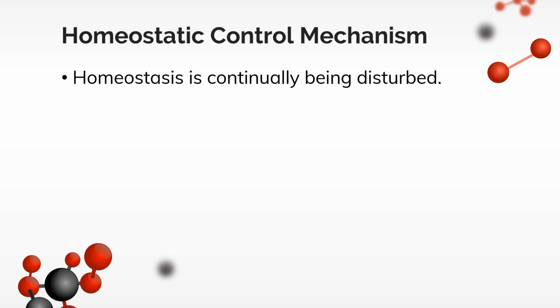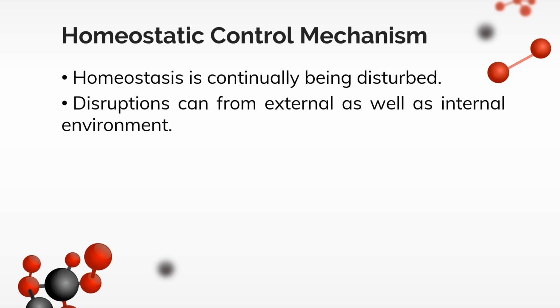Homeostatic control mechanism. Homeostasis in the human body is continually being disturbed. Some disruptions come from the external environment in the form of physical insults such as the intense heat of a